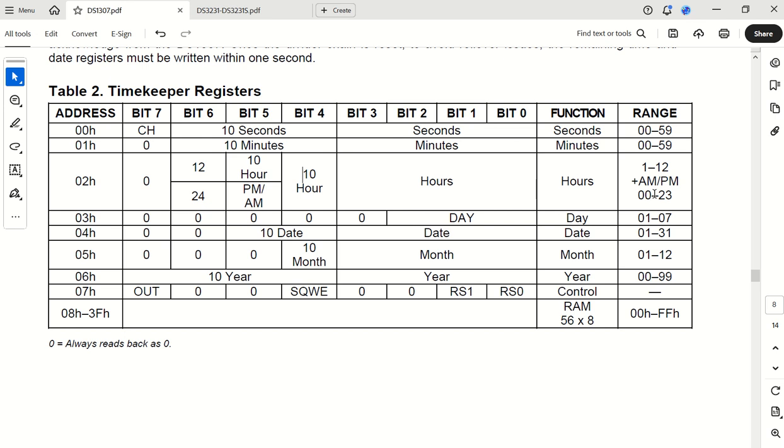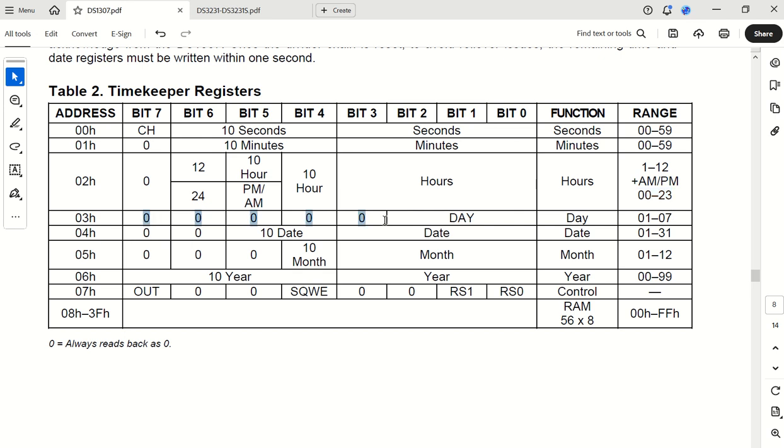If I want to place a 23, the 2 will be a 1 in bit number 5 and a 0 in bit number 4. 3 will be placed in as bit 0 and bit 1 being 1 and 1, and bit 2 and bit 3 will be zeros. If you put a 1 in bit number 6, you're going to switch over to 12-hour format. But for my purposes, I'm just going to stick to the 24-hour format.